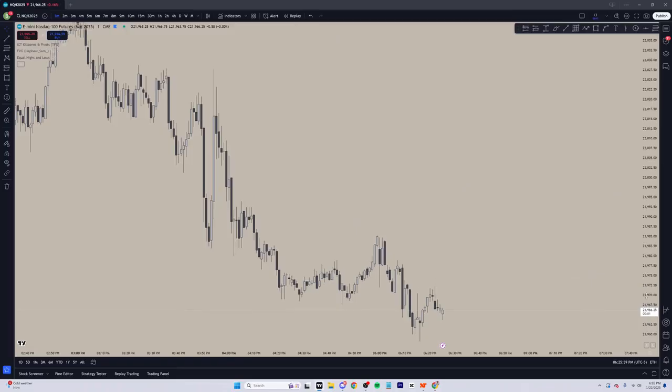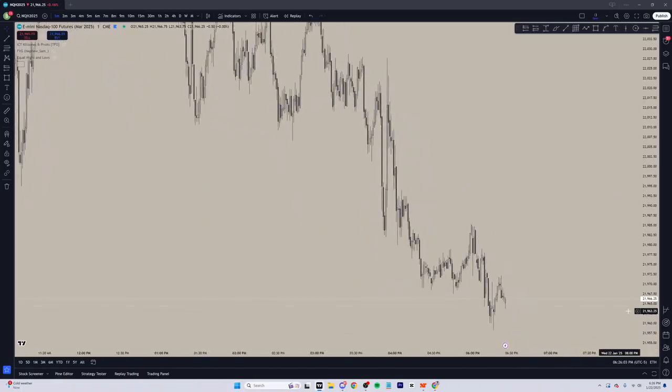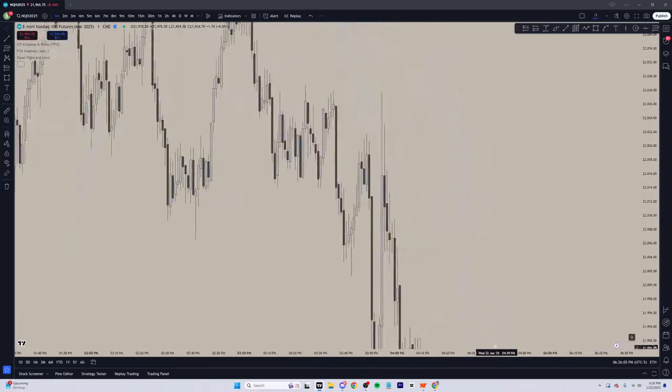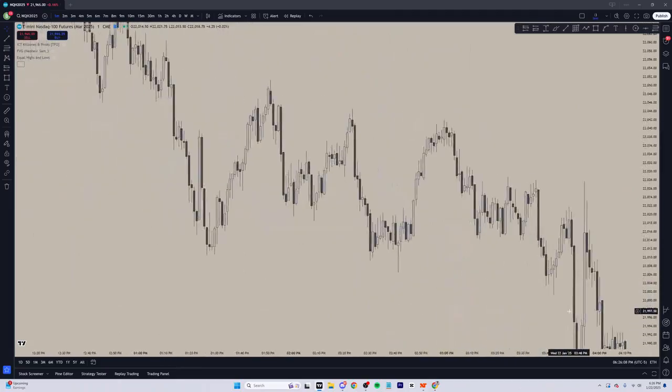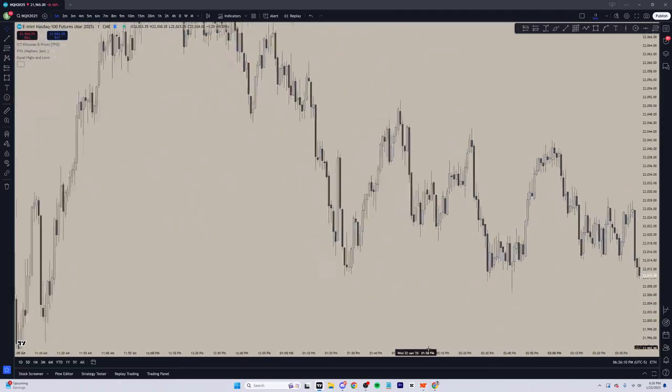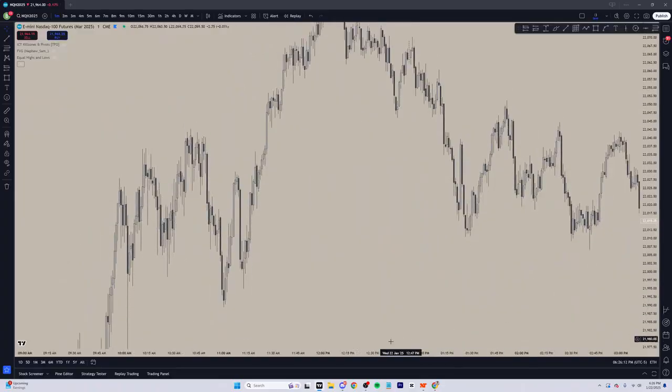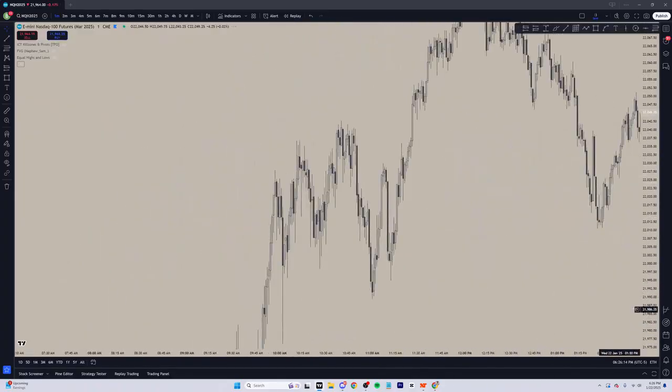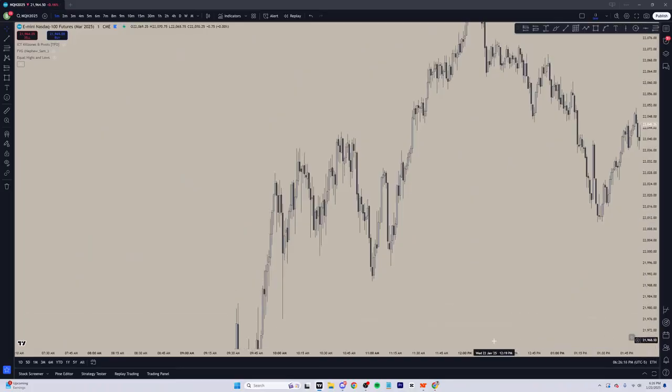Is there any time where you should wait for the CISD instead of just taking the inverse? Yeah, there are times where, for example, in PM session, a lot of the times, or times where price action is just really slow in general, or if I'm not really confident in the draw, CISD I use a lot of the times for like